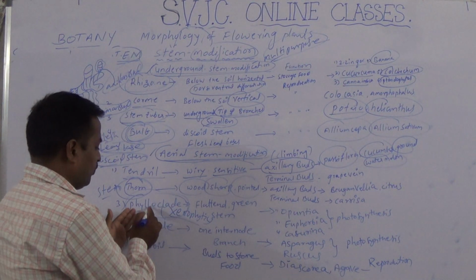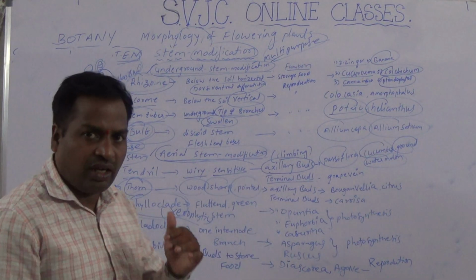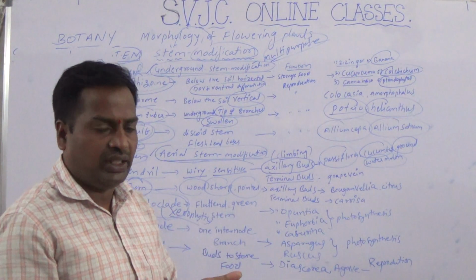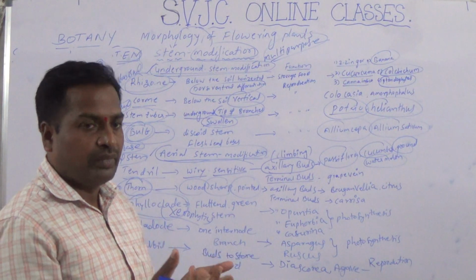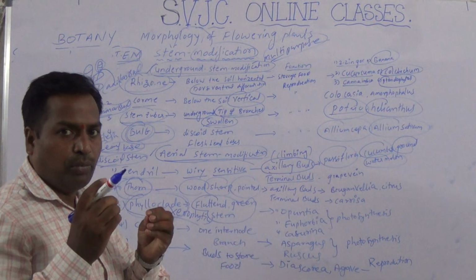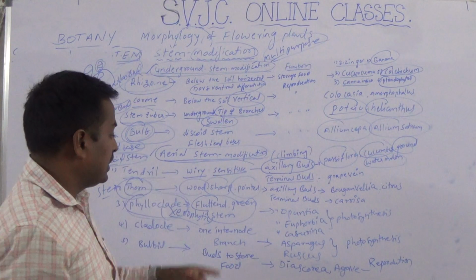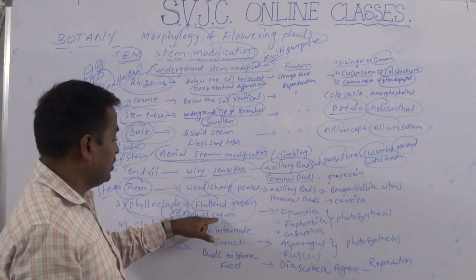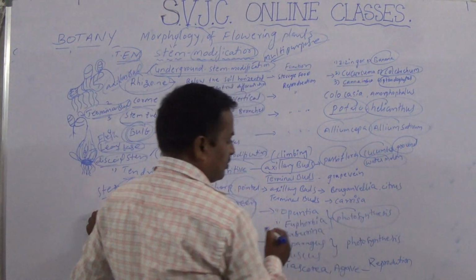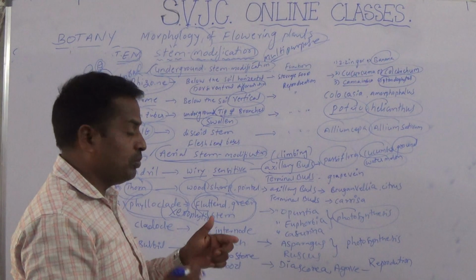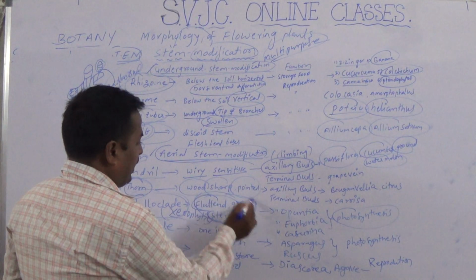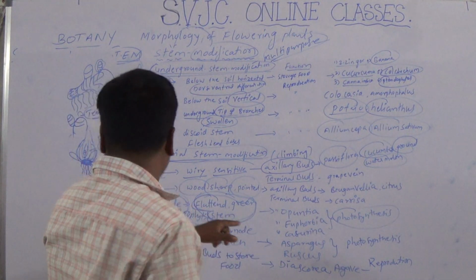Generally in xerophytic plants, due to lack of water, the water is not continuously available. So in these plants the leaf is modified into spine, and the stem is modified into a green and flat-ended structure to perform photosynthesis. Because the leaf is modified into spines, the stem is modified green and flat-ended. So the purpose is to perform photosynthesis.